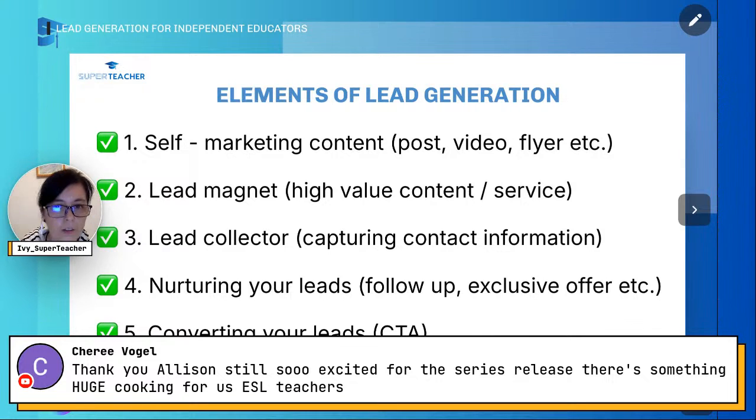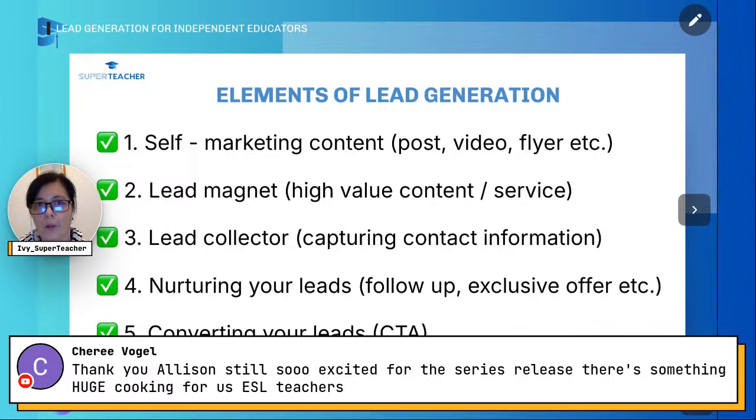Then you need a lead collector for capturing contact information. If you are registered with SuperTeacher, you already have that. And in the end, I'm going to show you a few versions of the whole flow, how it could work for you. A lead collector can also be a professional email campaign system you might want to explore for gathering lots of students.